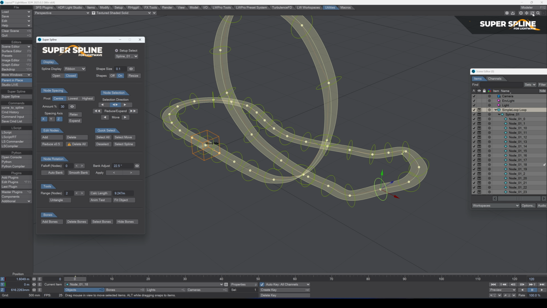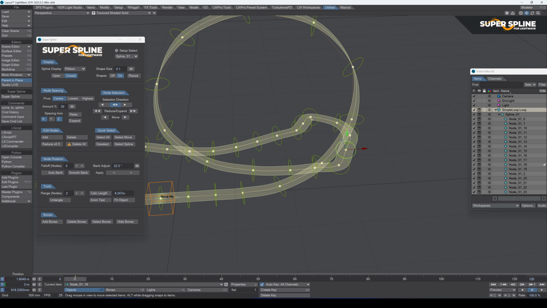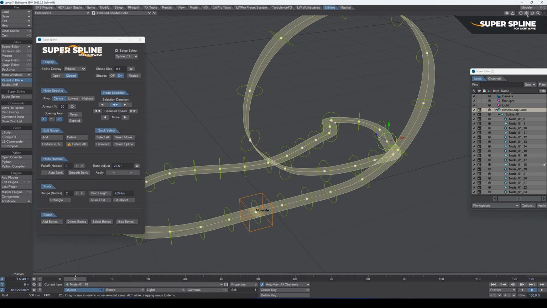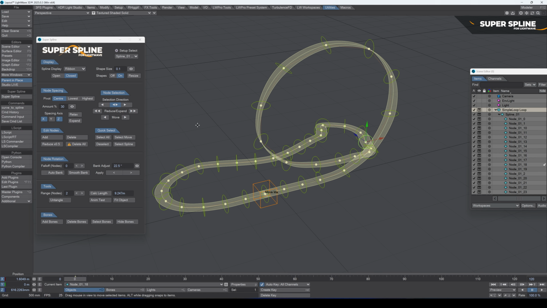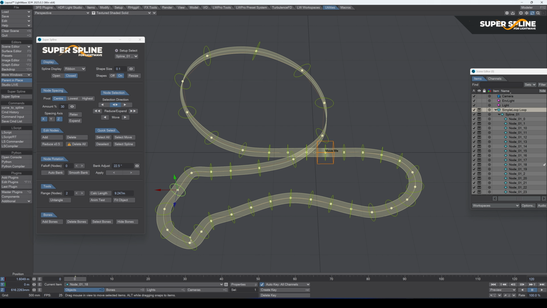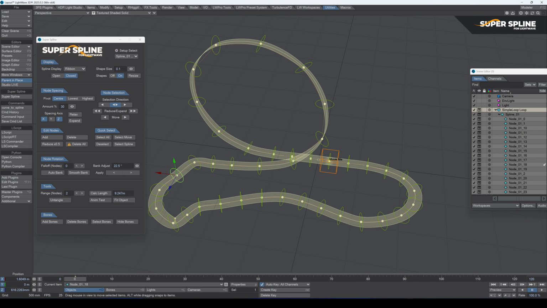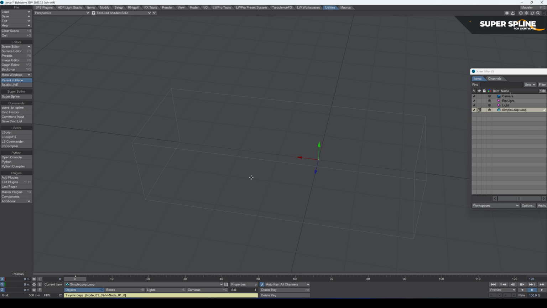Okay, so let's move on to the edit nodes. What we've got here is just a way of managing our nodes and fixing things up. So first off, if you do make a mess and you want to get back to your original, then you can just literally hit delete all, and this will delete the spline setup based on what you have selected in this top panel. So we've only got one spline, so it will do that. Okay, so we just run super spline again,